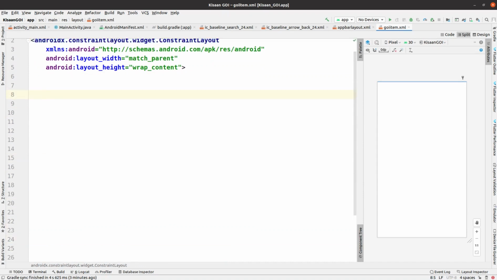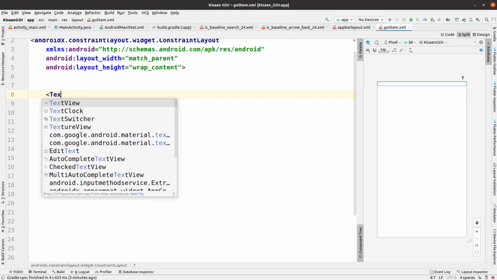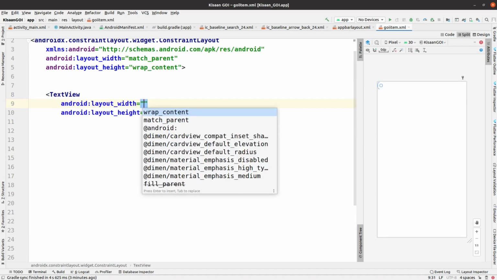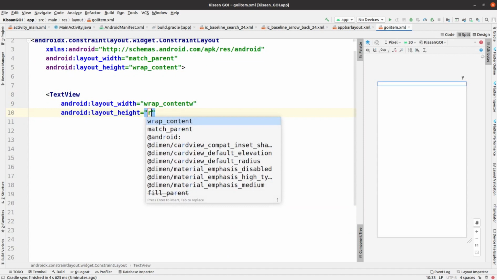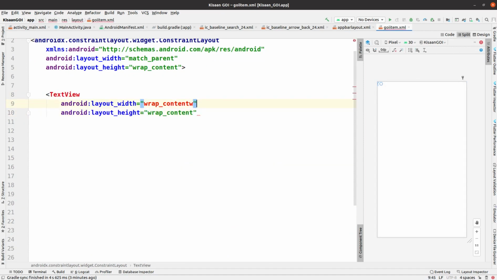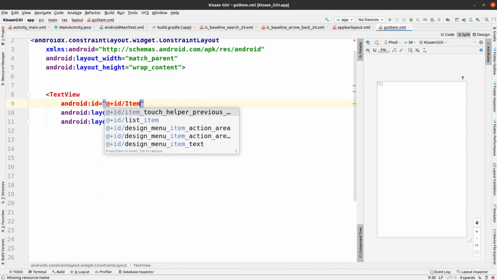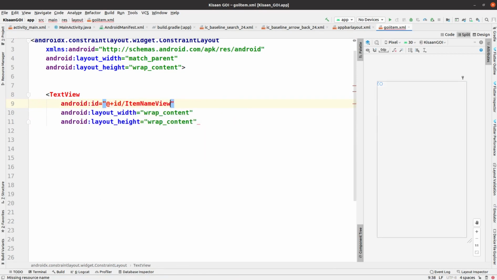Okay, so here we are going to add some new views. First of all we are going to add the text view with width and height as wrap content respectively. Afterwards we have to give the ID for this text view, and the ID is item name view.